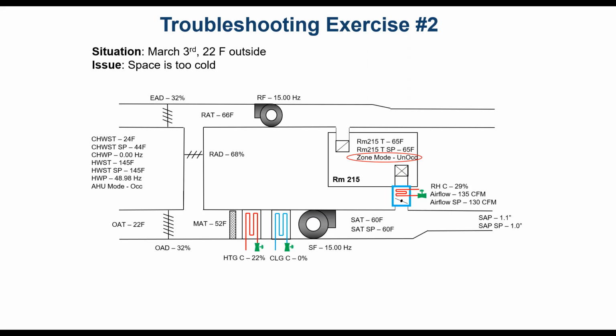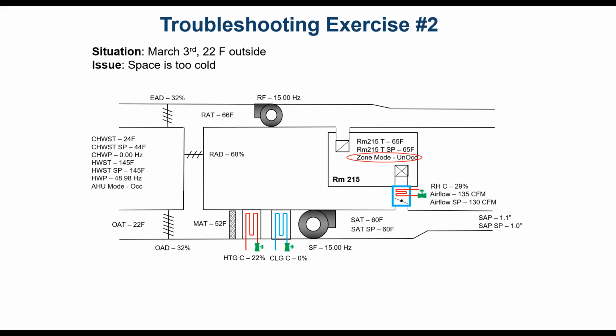Now zone mode, depending if you have occupancy sensors or not, can be done in one of two ways. Maybe the zone mode goes occupied when an occupancy sensor triggers, and then it resets the room 215 temperature set point to something more appropriate, like 73 degree Fahrenheit set point. And then when the space is unoccupied, it sets back that temperature maybe to 65. Or